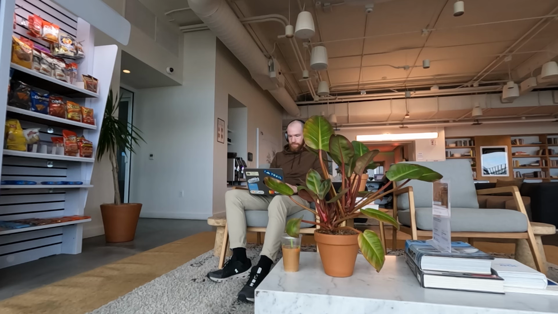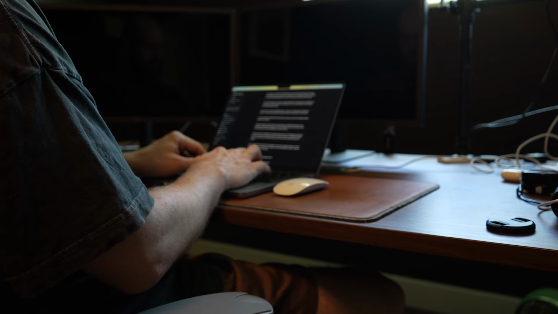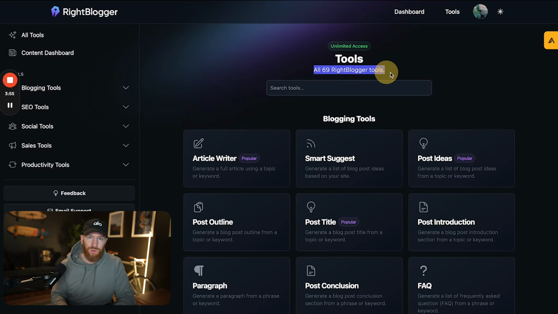You can ideate, you can create content ideas, and you can write out some of that content using AI here. I'm really excited about this. I definitely see that there's room for improvement, but for somebody like myself who started using ChatGPT, was pretty disappointed in the results, and then went back to the old way of doing things, I see a ton of value for this, not only for YouTubers and bloggers, but with the 69 tools they have in here, anybody else who's looking to write some content using AI. I think there's a lot of value here in this tool, and I think it's a great deal for the price.